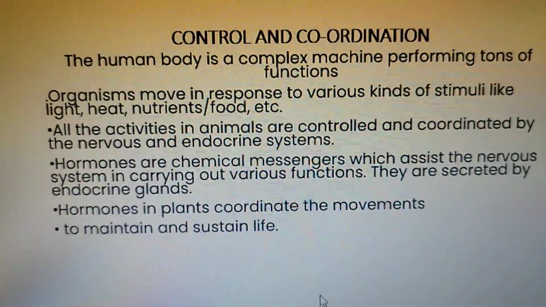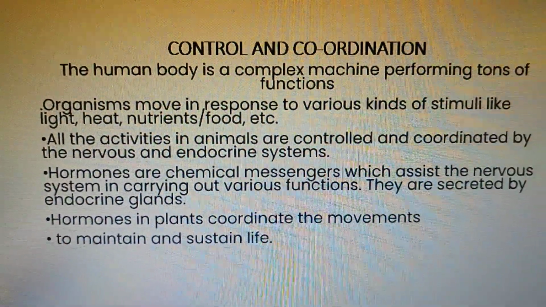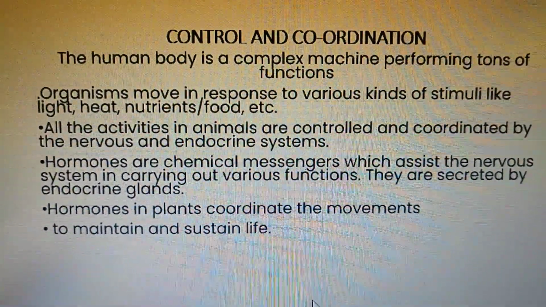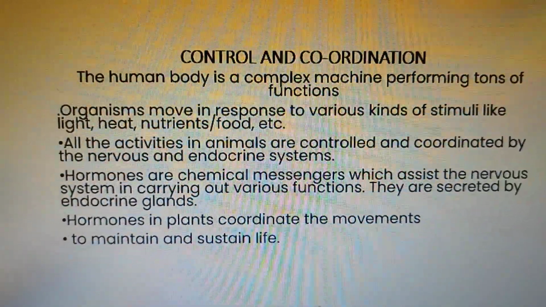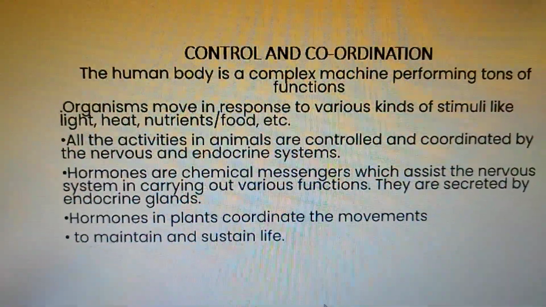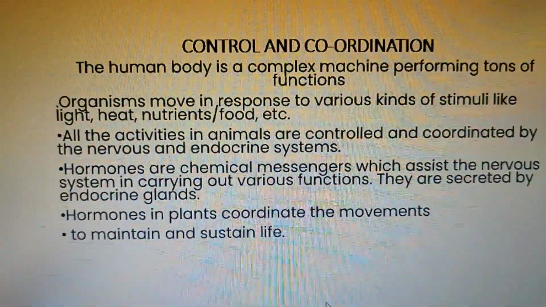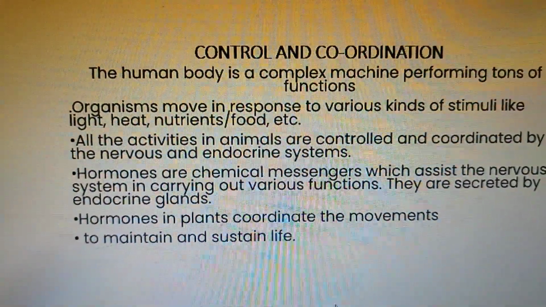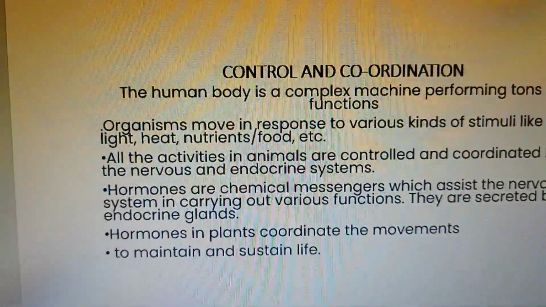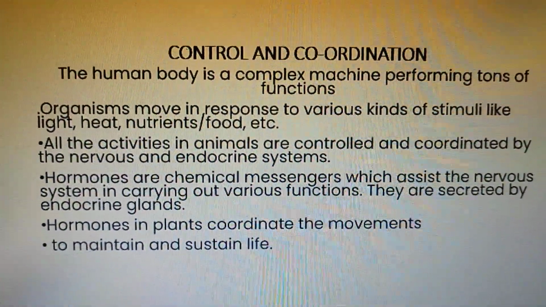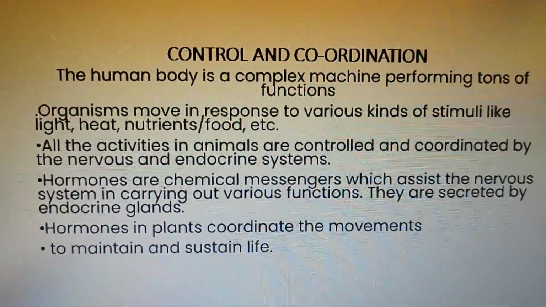But control and coordination, both functions cannot be done alone by the help of the brain. Here we need the help of another system, that is called the endocrine system or hormones. The brain can work with the help of the endocrine system. So each and every function of your body is under the control of the brain. Different parts of the brain also coordinate with the help of hormones.